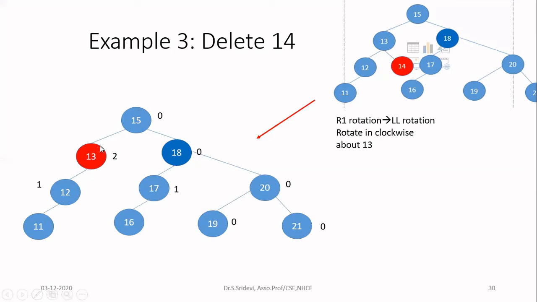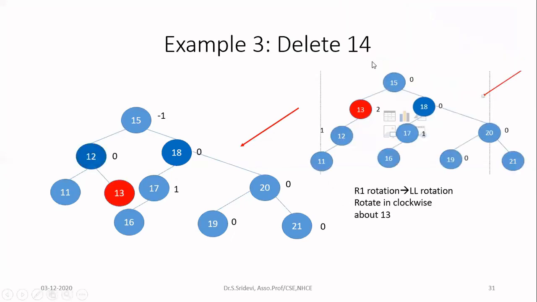So here, this is my imbalance node 13. I want to apply rotation in the clockwise direction about 13. Now let us see how to do that. So this is my node. I want to rotate about this node in the clockwise direction. So pull the thread down in the clockwise direction. So when you pull node 13 down in the clockwise direction, 13 will come down. At the same time, 12 and 11 will move up. So your diagram will be changed like this. So in the new tree, you again calculate the balance factors. So these are all the balance factors of the new tree. They are in the allowed range. So I am going to the deletion of the next node.